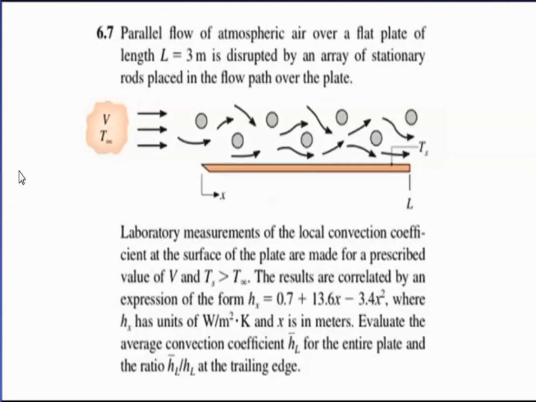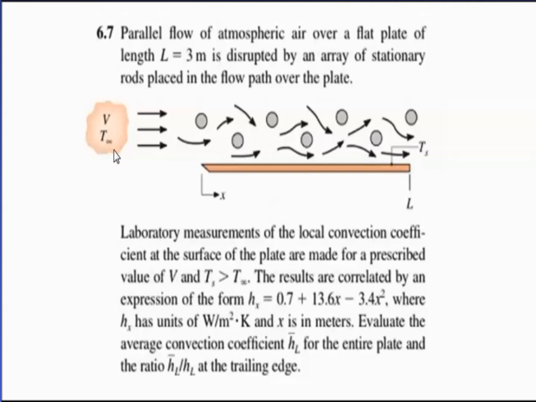Let's take a look at problem 6.7. So in this problem here, we have parallel flow of atmospheric air over a flat plate with a known length of L is equal to 3 meters. This is disrupted by an array of stationary rods placed in the flow path over the plate. So we can see here, here's our stationary rods. There we have our atmospheric air flowing over the flat plate down here. We can see the plate starts over here, moves in the x direction to a distance L. We have our T sub s for the surface temperature, our T sub infinity for the surrounding ambient temperature of